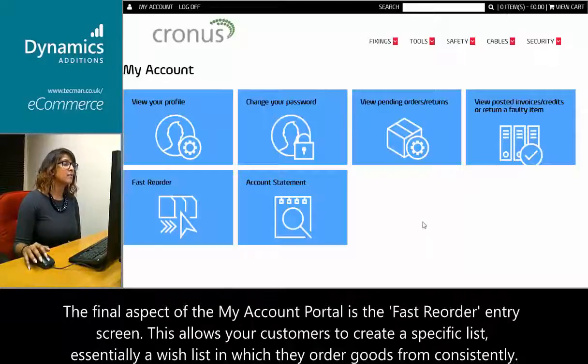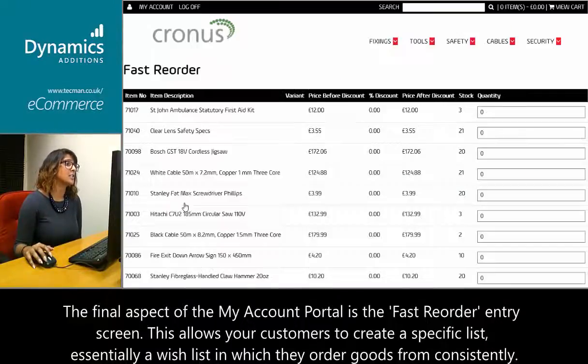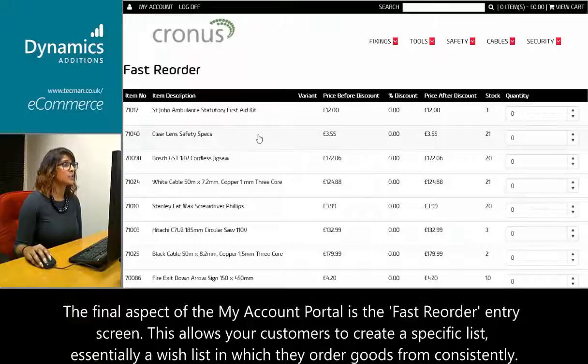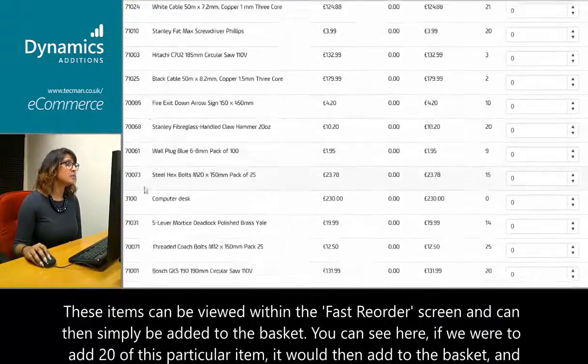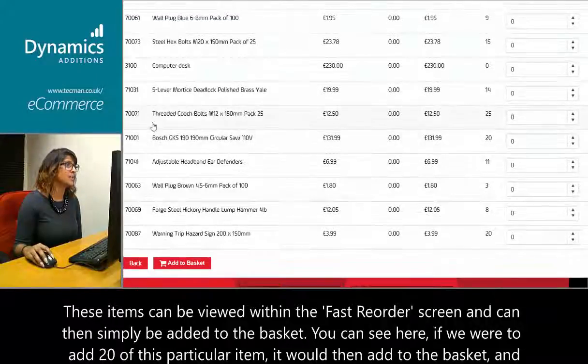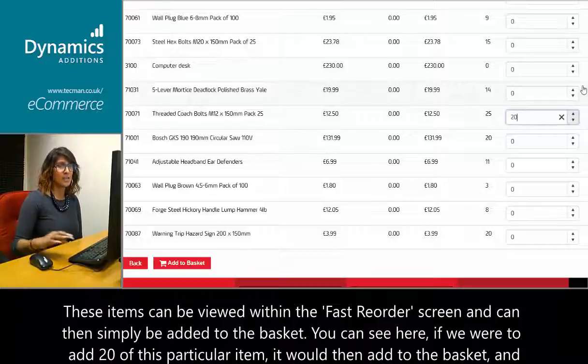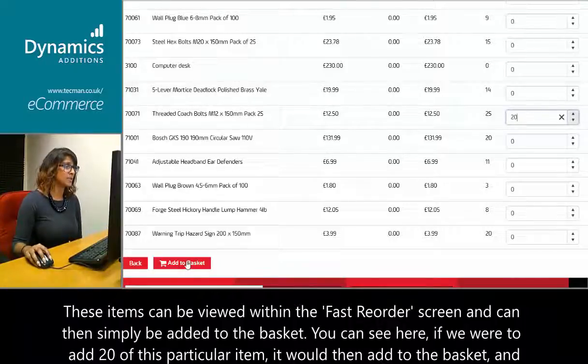The final aspect of the My Account portal is the fast reorder entry screen. This allows your customers to create a specific list, essentially a wish list, from which they order goods consistently. These items can be viewed within the fast reorder screen and can then simply be added to the basket. You can see here, if we were to add 20 of this particular item,